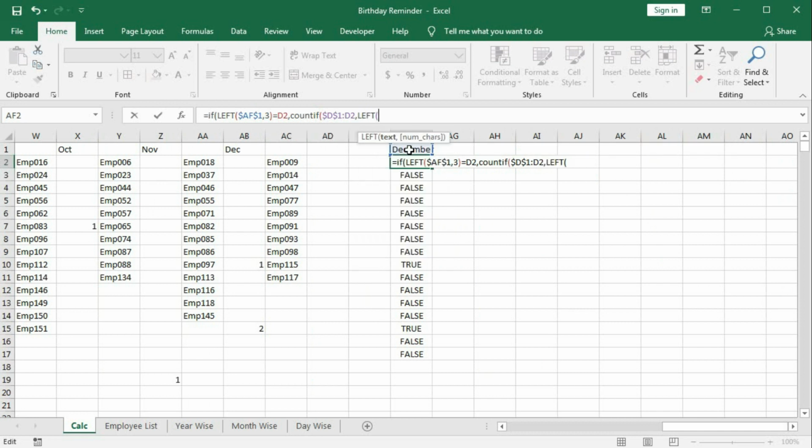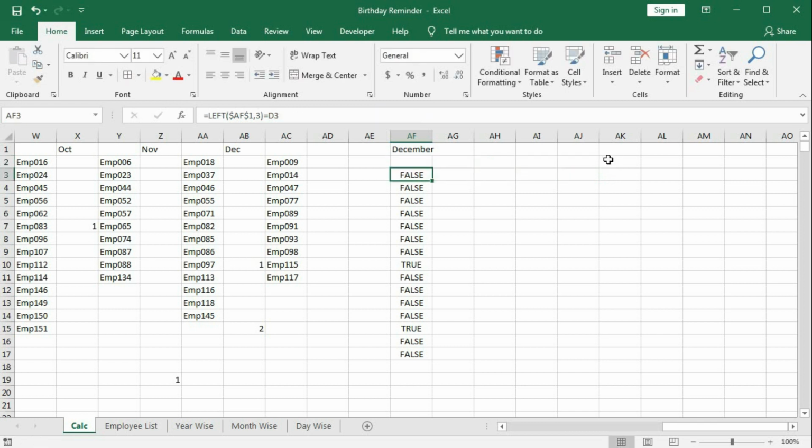Left this cell, F4 to lock, comma 3. So you can see here this cell became December. Now bracket close, comma, if false then blank, bracket close for if, and press enter.